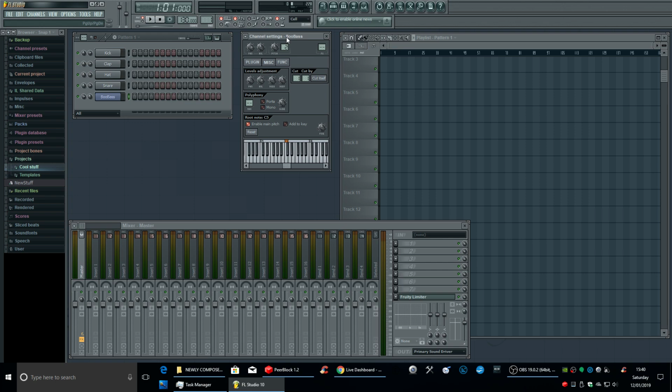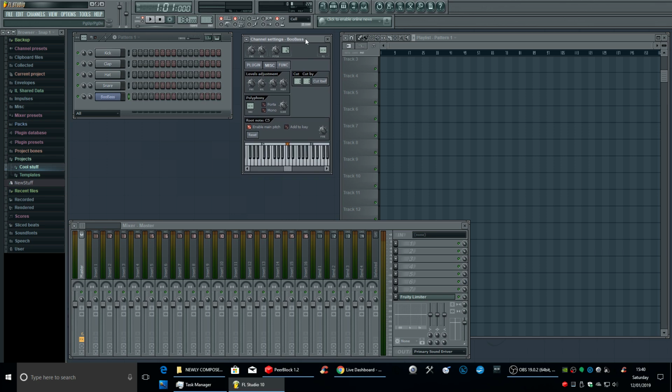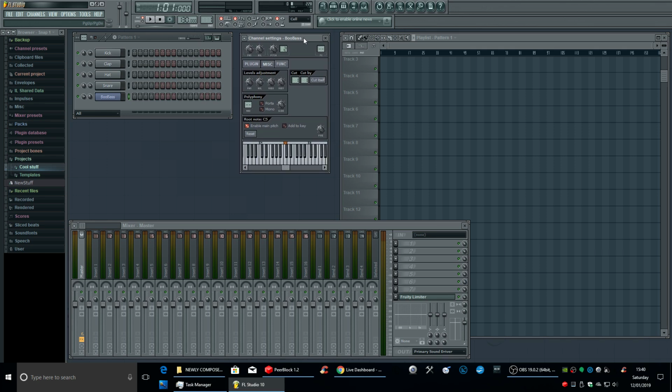I find that if I master the individual instrument straight away, then when it comes to mixing down the track, it doesn't sound warped, it sounds stereo and nice. It's not like, oh heck, I've listened to that 20 times now and it just doesn't sound right. If you sort all this out to begin with, it makes life a lot easier.